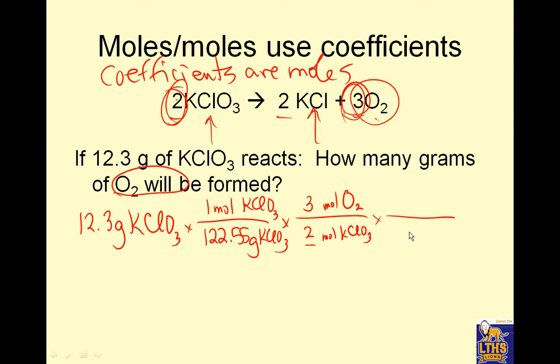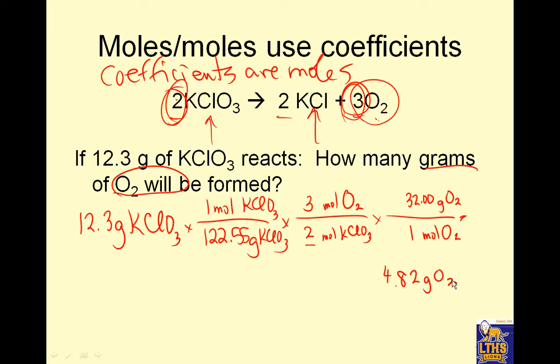We're not done yet because I want grams of oxygen. So I have to change these moles of oxygen into grams. 1 mole of oxygen is 32.00 grams from the periodic table. And then I do the math for that and I get 12.3 divided by 122.55 times 3 divided by 2 times 32 gives us